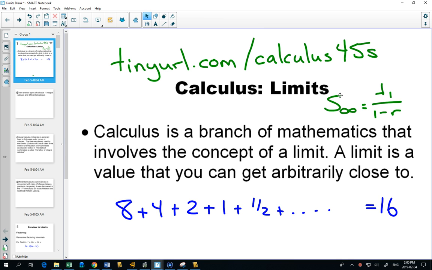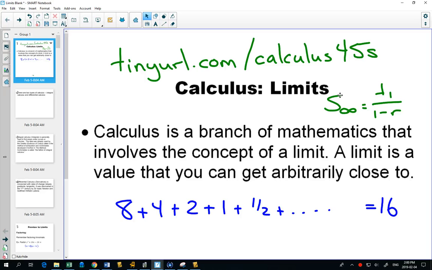R was the common ratio. We're multiplying by a half. Term 1 is 8. You could plug those numbers in, and the formula would tell you it should equal 16. Well, this is the concept of a limit. Because if I start